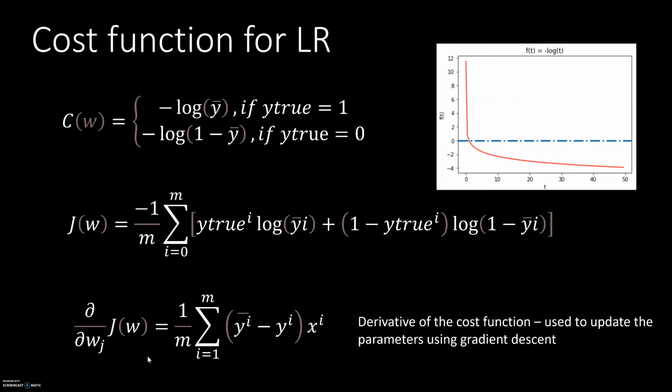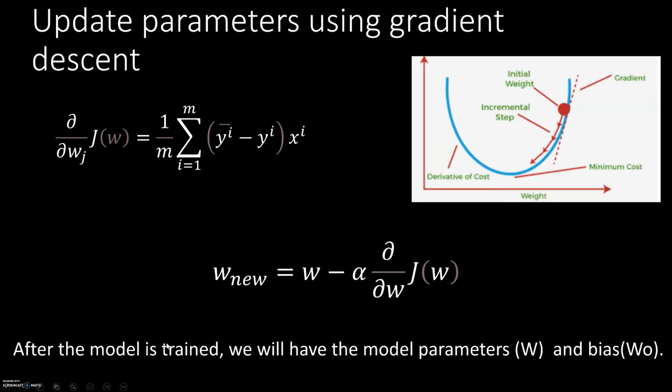Okay, so now we know we have the derivative of the cost function. And the question is, how do we minimize this cost function? The minimizing is done using gradient descent. Gradient descent allows us to minimize this cost function in a number of steps. And at every step,